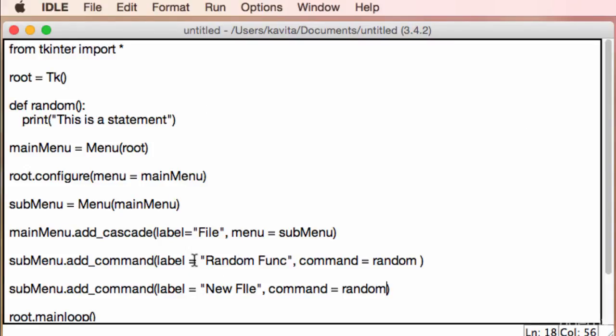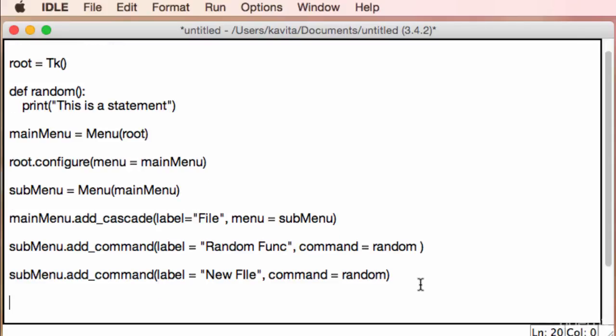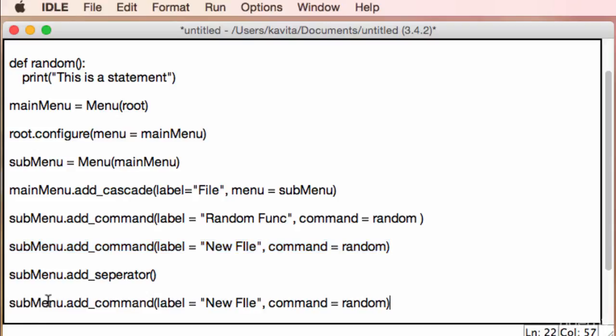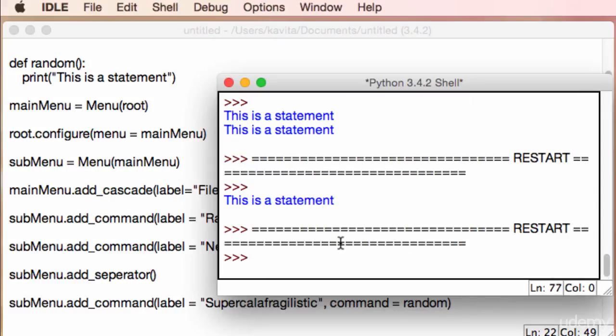So let's go ahead and quickly talk about some other things that you can add to menus. There's not much to it, and again, I'm not going to go too deep. One more thing you can add is something called a separator. So submenu.add separator will basically add that dashed line to separate 2 or 3 commands from the top to 2 and 3 commands from the bottom. You'll see what I mean soon enough. So I'm adding the separator, and let's go ahead and add one more command. So label will be supercalifragilistic. Not sure I spelled that right. Command random. So F5 this, and now you're gonna notice that we have 3